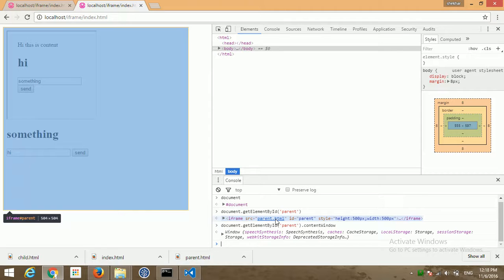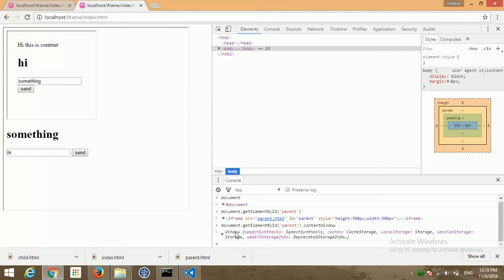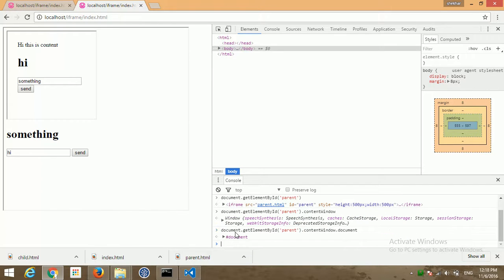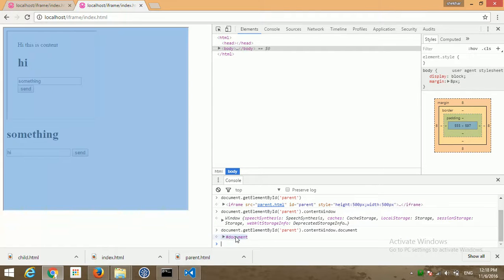See what it gives. It gives the content window of that iframe. Now if you do contentWindow.document, then it gives this document.